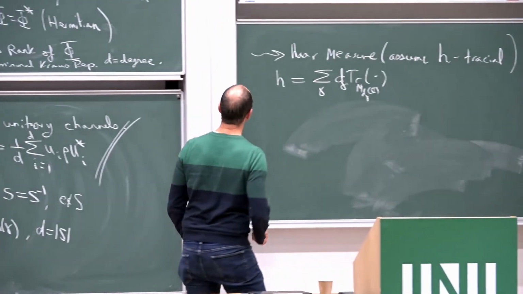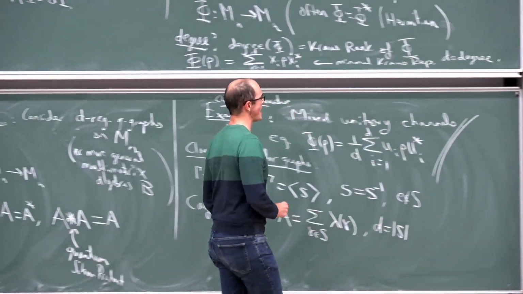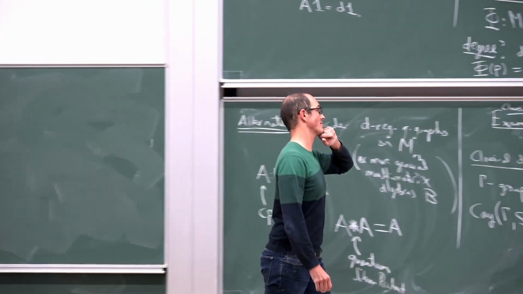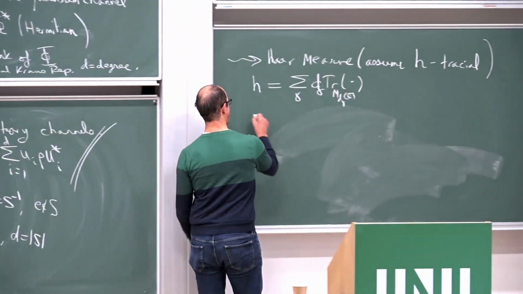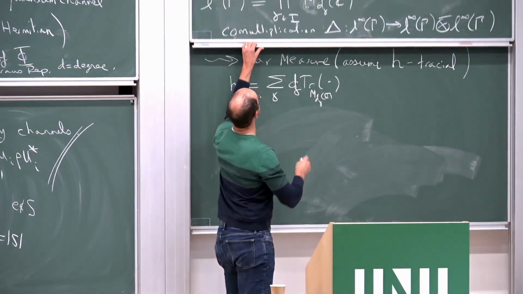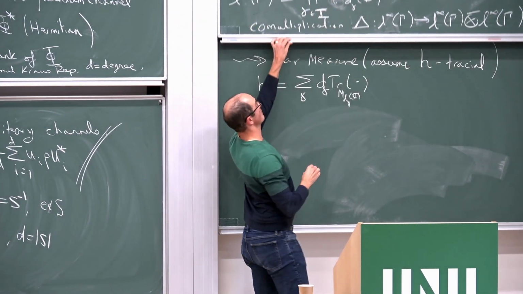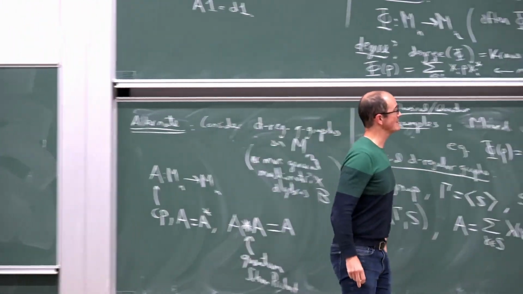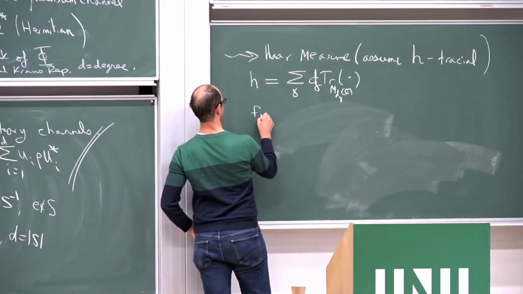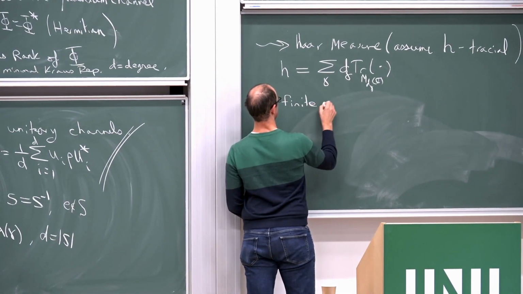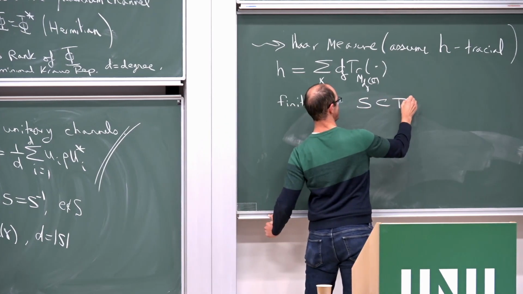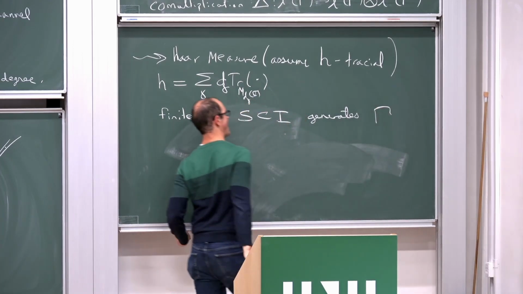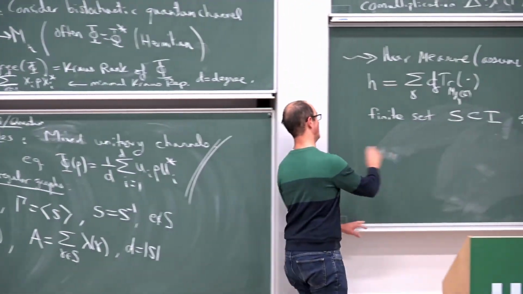Yeah, so how do you associate channels, or quantum graphs in a sense, to discrete quantum groups? Well, we have this fixed index set I, which describes the discrete structure of our space, okay? And we say that a finite set S inside of the index set I generates our quantum group gamma, okay, if, well,